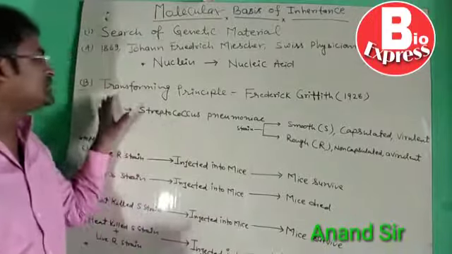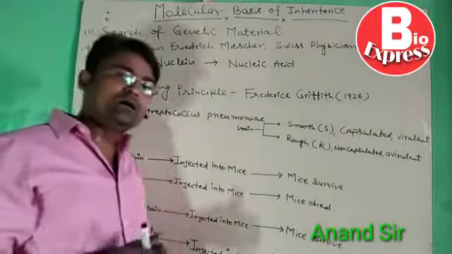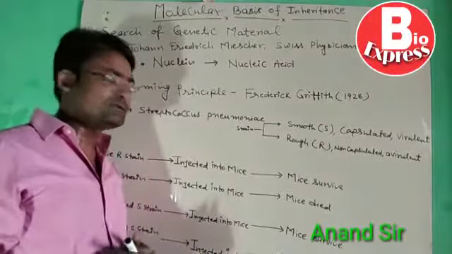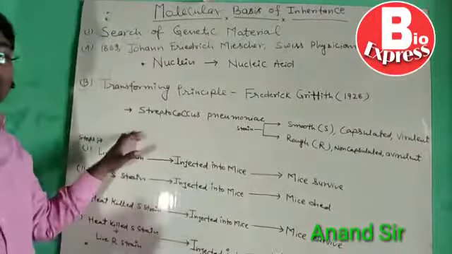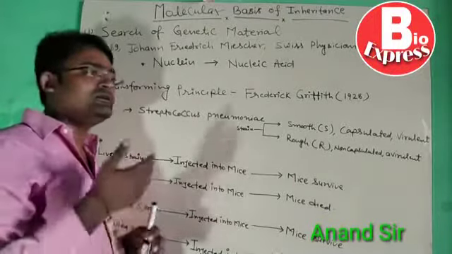And he concluded that the transforming principle means non-virulent bacteria, that is the R, converted into virulent bacteria, that is the S. But Griffith did not totally describe which substance was responsible for the